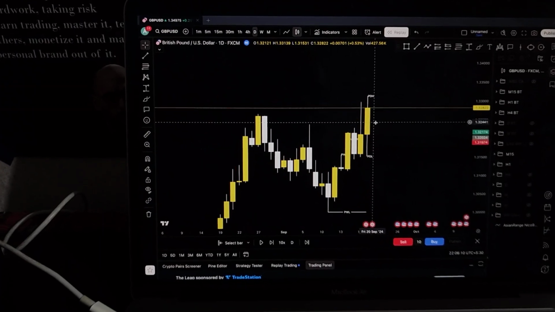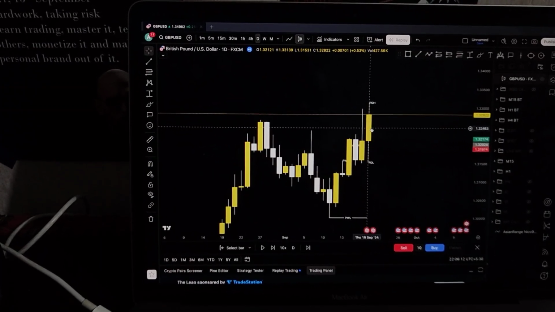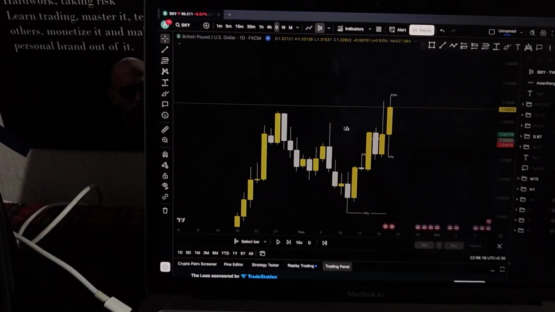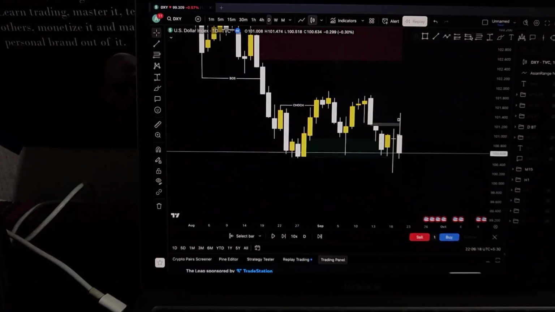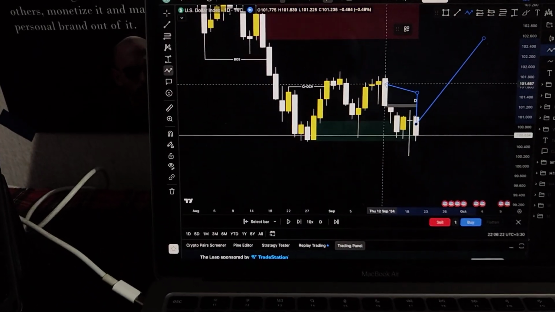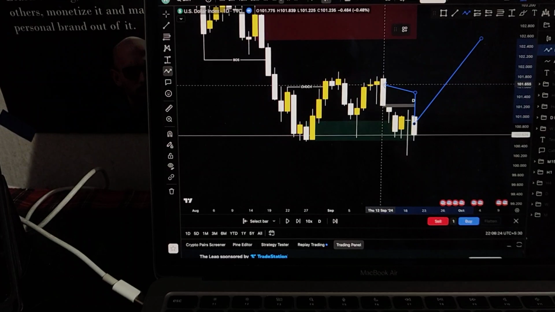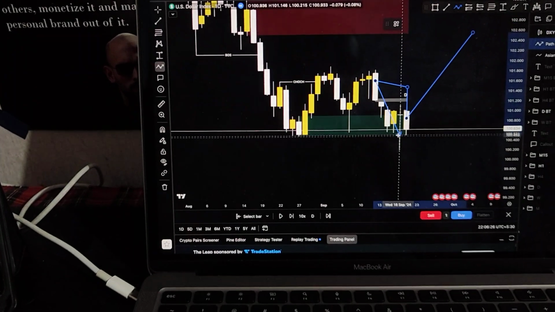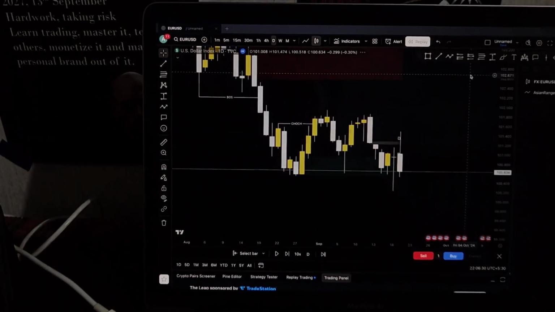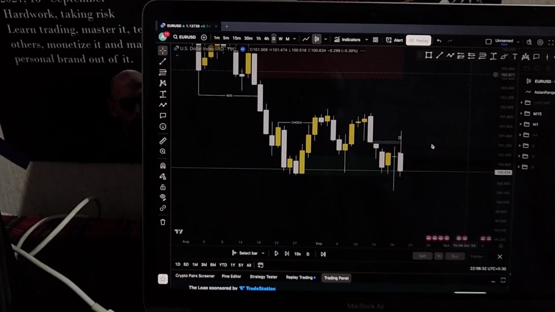So now going on Friday, my bias is bullish again because of how this candle closed, and I have to be very clear with it. Went to DXY to clear my bias. What did DXY do? Price went up, filled up this fair value gap, and took resistance from some sort of support here, as you can see, and now it is a bearish candle. So going on Friday, my bias is clearly bearish on DXY and bullish on GBP USD.